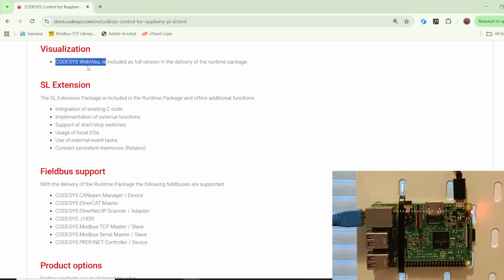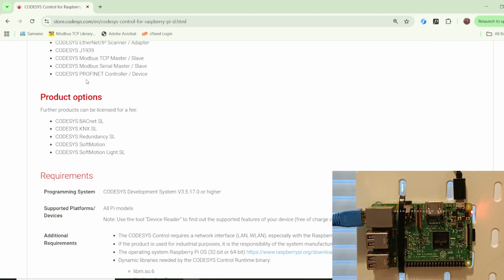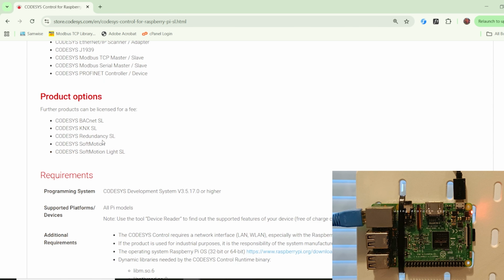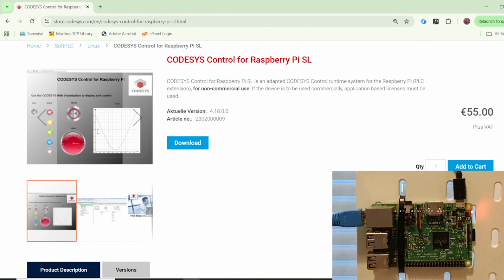Codesys web visualization as well, web visual right there, so it's a good thing. And then we have these SL extensions as well. You can read over those fieldbuses here. We have multiple of those: EtherCAT, CANopen, EtherNet/IP, Modbus TCP and serial, Profinet, and things of the kind. So go over those, but the main thing that I want to show you here is